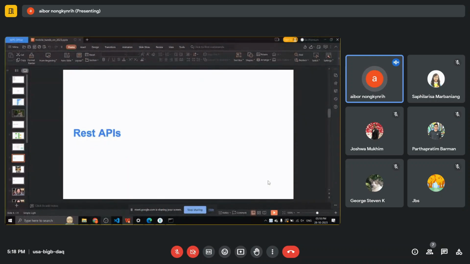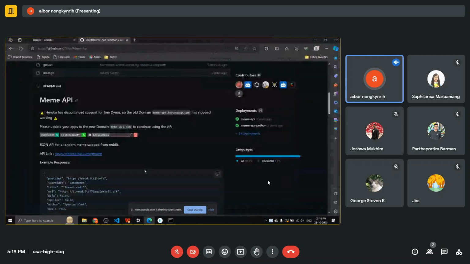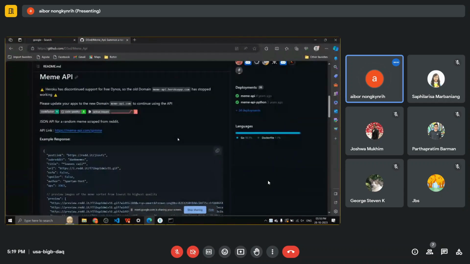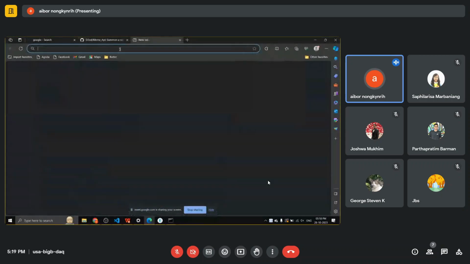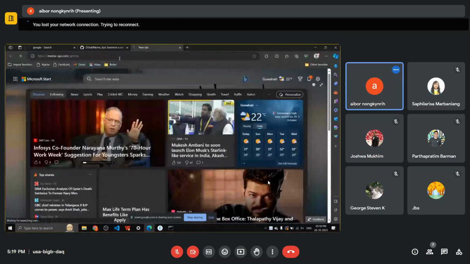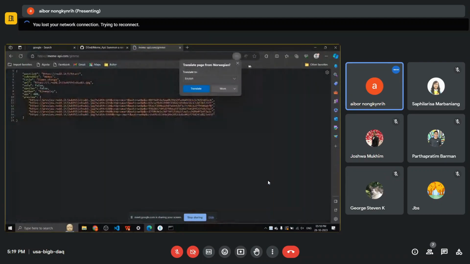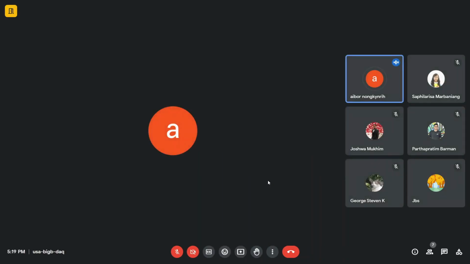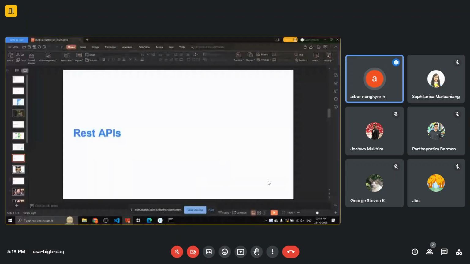Let's look at an example of how a REST API looks. Here, we'll be using this meme API. This API pulls memes from the Reddit API. Let's take a look at how the data format looks like if I just paste this API here. As you can see, this is called JSON. I'll go into more detail on that, but I just want to show you what REST